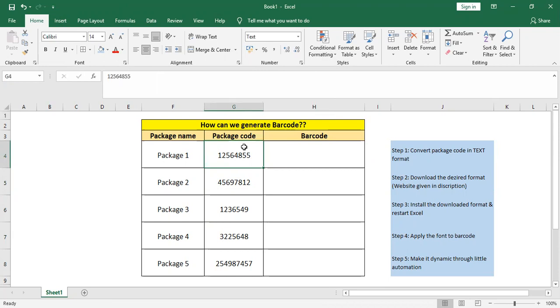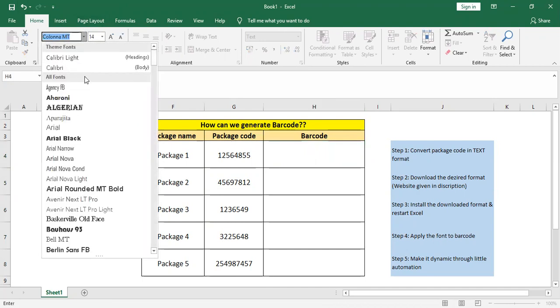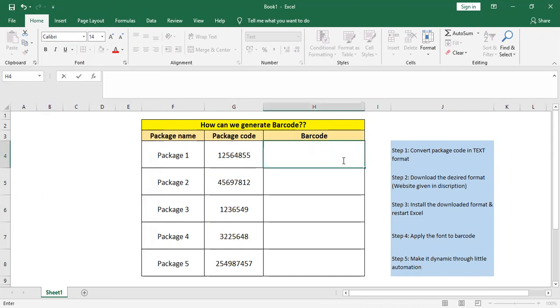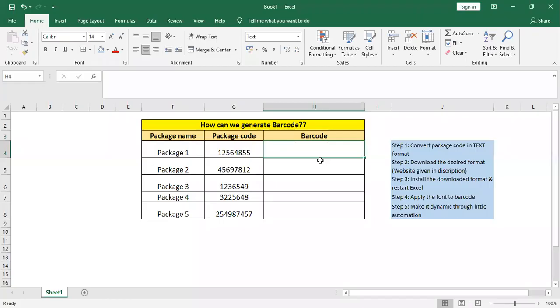I'm just going to make it a little more automated. That is our step number 5, but I'm going to show you right now to reduce our effort. It's already coded, right? So I'll just give this Calibri code, and drag it down to make it Calibri. Now you can see it's a Calibri code. That means we definitely need a different kind of font here.